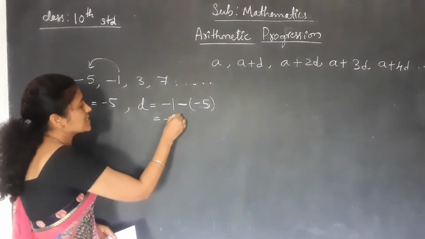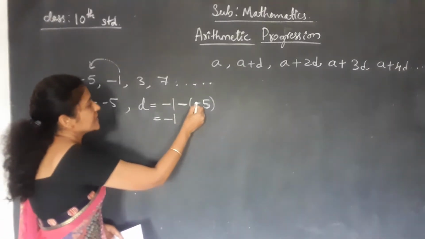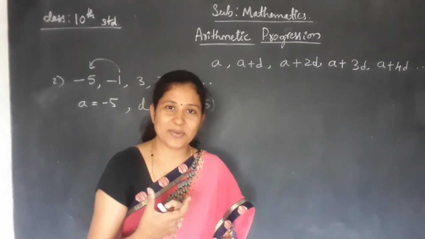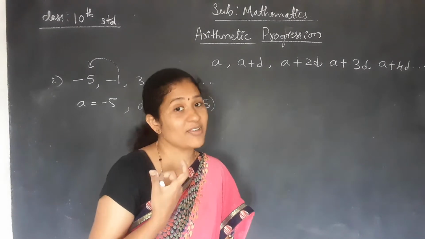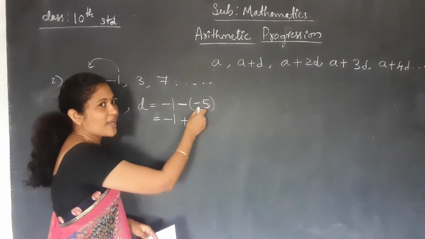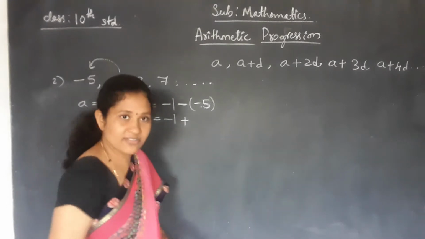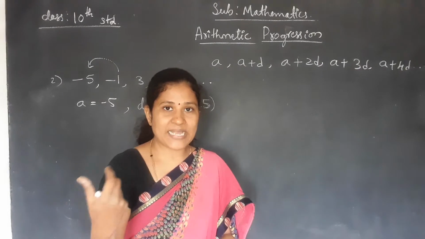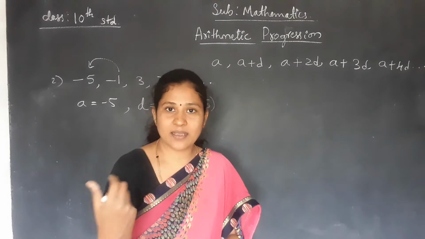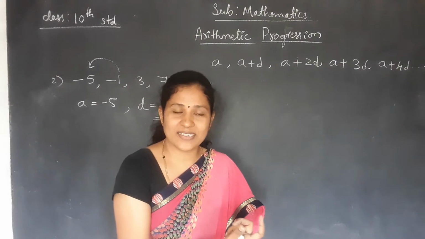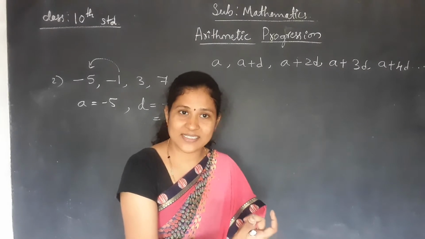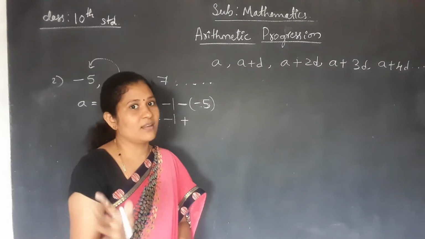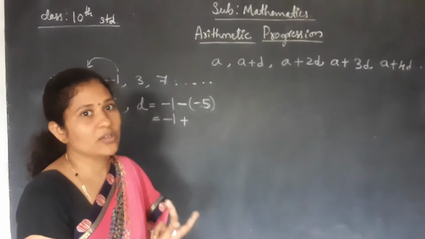Now minus 3 you will write as it is. Minus into minus plus. See, Einstein said that mathematics is like poetry. You have to enjoy. Minus into minus plus, like you might have learned in your previous classes. Plus into plus plus. Minus into plus minus. Plus into minus minus. Minus into minus plus. It's like a poetry. If you enjoy it, you can feel easy to solve the problem.